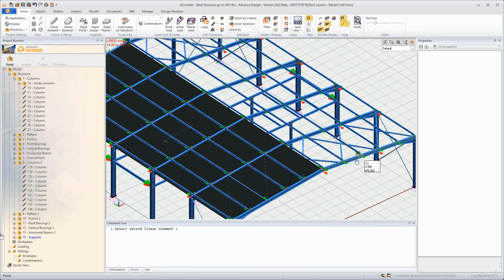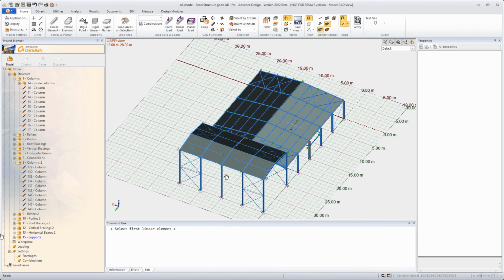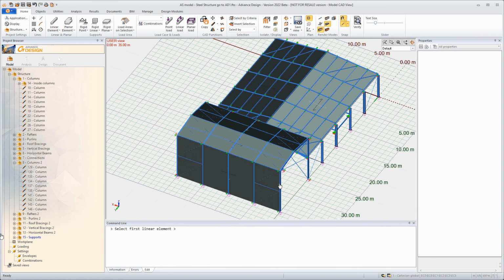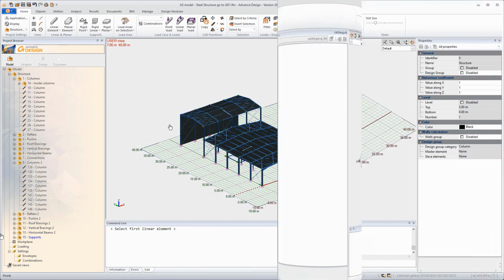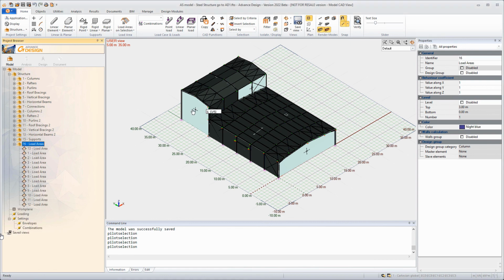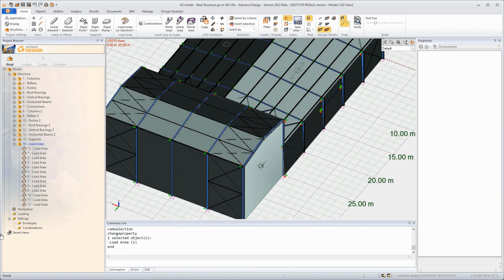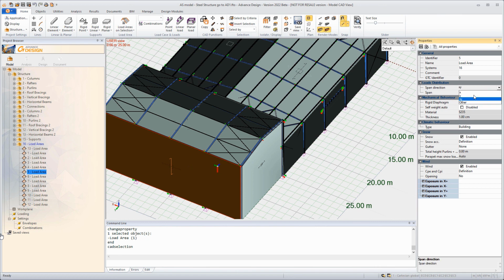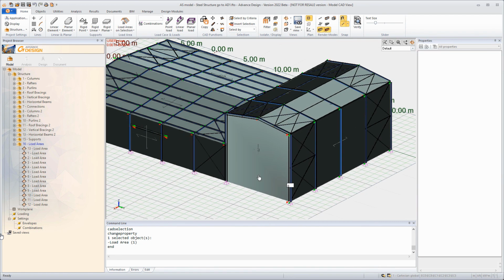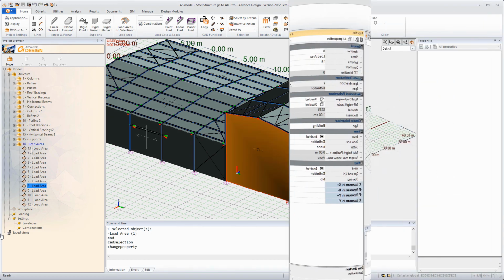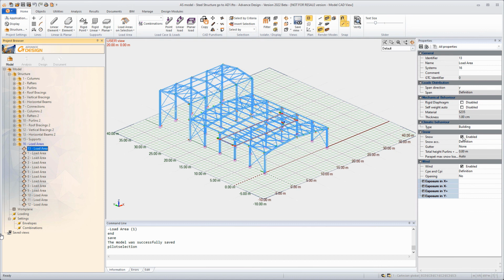It's one of the commands specifically useful for steel projects, because it will help the user to automatically calculate the repartition of the loads on steel members, and it can be done manually or by selection, as you can see. Then you have to set the properties of the loads, the direction of the loads, and which element is going to take the load as well.